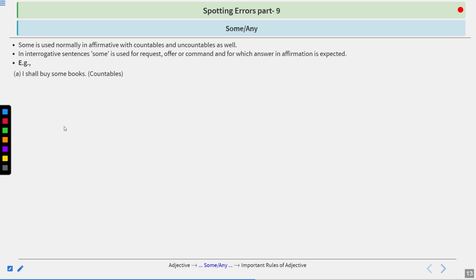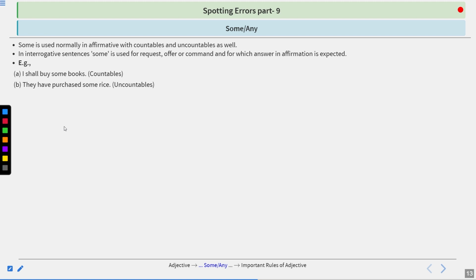I shall buy some books. Books is a countable noun, and we have used some here, which is correct. They have purchased some rice. Rice is an uncountable noun. Here again, we have used some correctly. So,